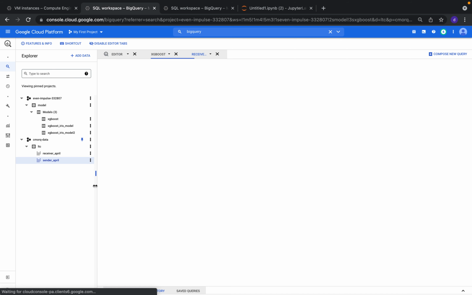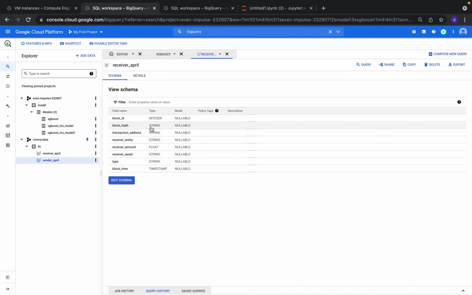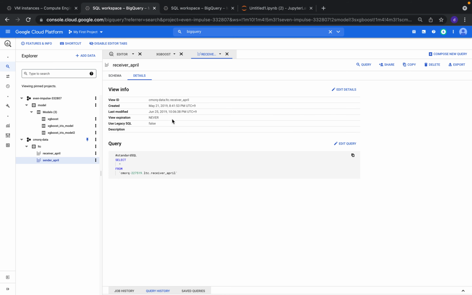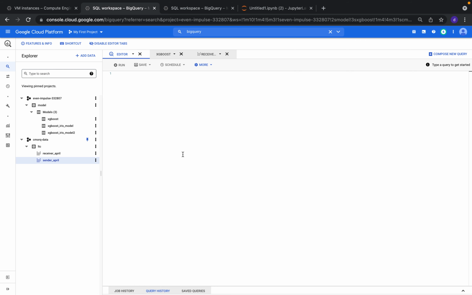When you click this table and open it, you have the details of your dataset table. For example, this one. I have the schema of this table, and you also have the details for your table, such as when it was created, or your view ID. Let's come back to the